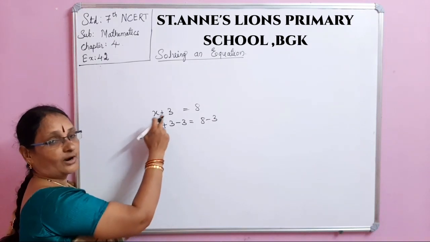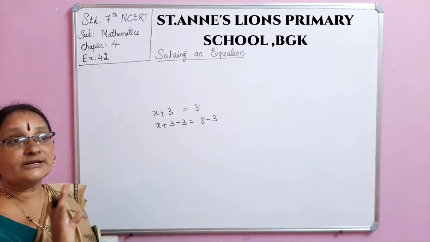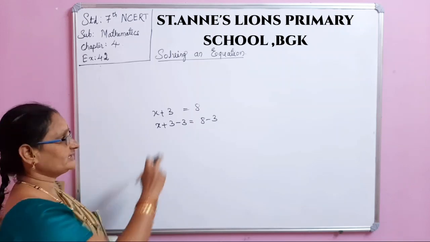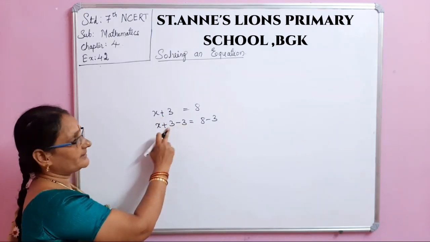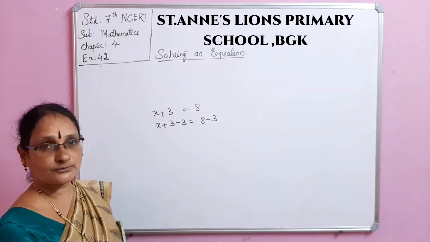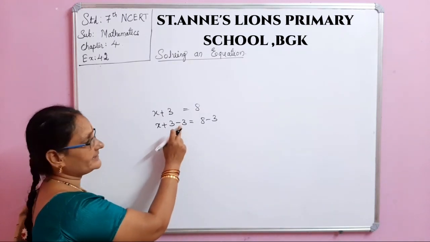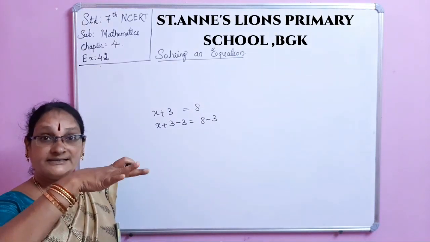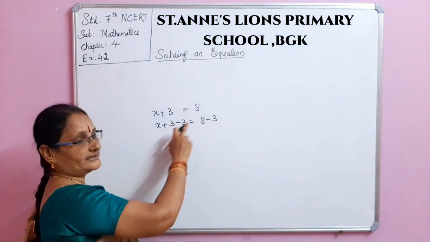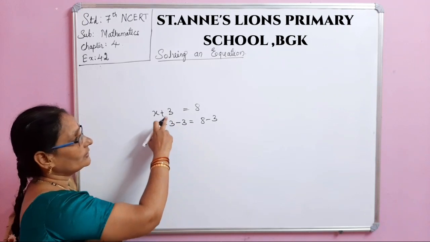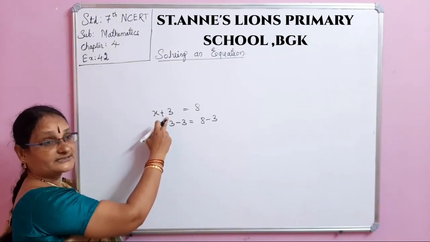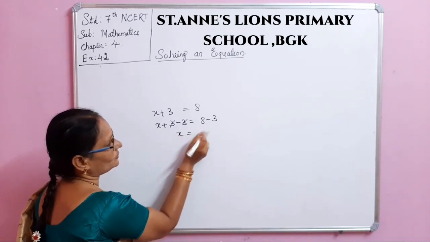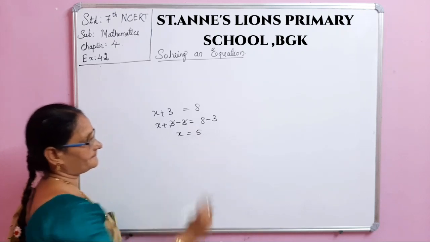Along with the variable, what number is there? That number we have to delete. Not just deleting, with some operations. If it is a plus here we have to make it minus. Plus minus neutralize or it will become 0. Whatever the number we are taking here, same number will be taken to the RHS also. LHS and RHS must be balanced. If we are taking here minus 3, here also we have to take minus 3. How to take minus 3? To delete this or to cancel this plus 3, we are taking here minus 3. Now what happened? 3 got cancelled. x equal to 8 minus 3 is 5.